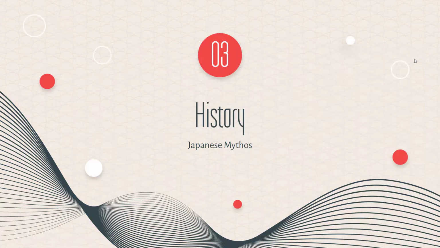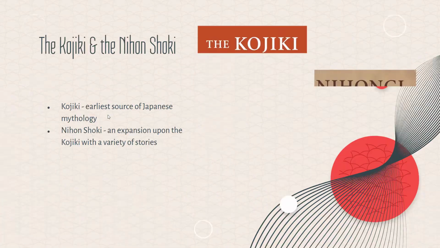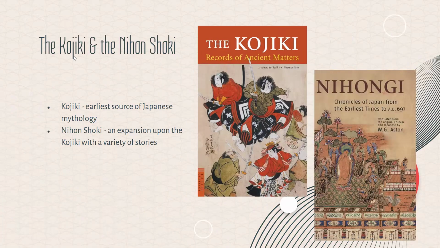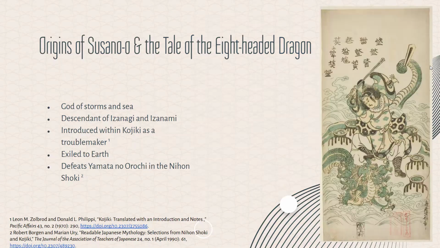So a little bit more about the history behind this piece. There are two texts that I'll be referring to. One is the Kojiki, which is the earliest source of Japanese mythology, and the Nihon Shoki, which is an expansion of the Kojiki with a variety of stories in relation to the Kojiki. And the title of this art piece is very simplistic and easily explains the subject of the art piece itself. Susano is a powerful god within Japanese mythology known for his domain over storms and sea, and is closely associated with Amaterasu, the sun goddess, and